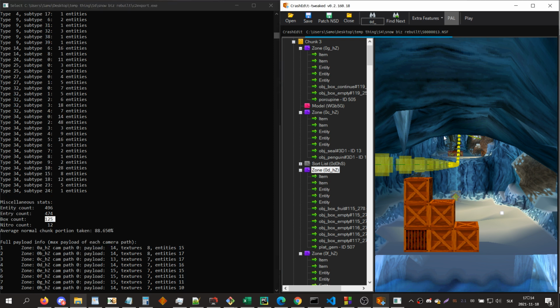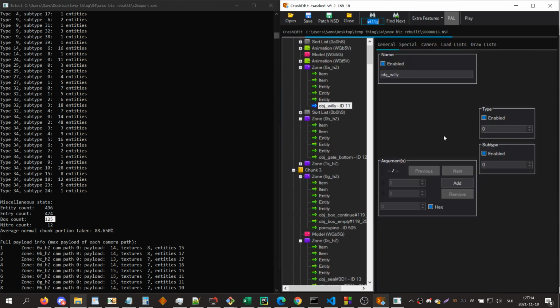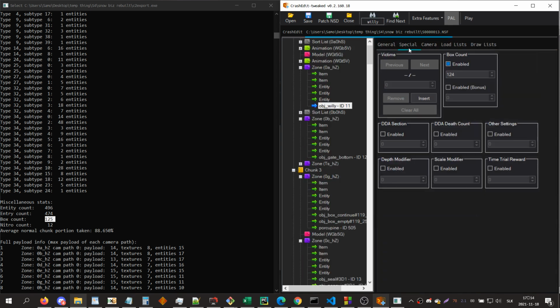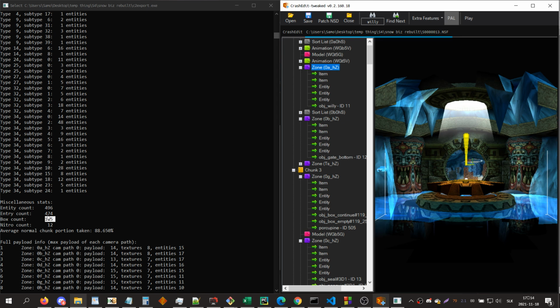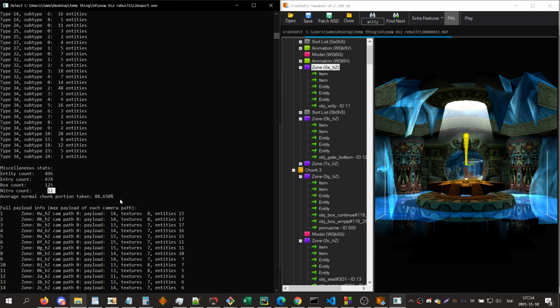Does this level have 125 crates? It treats one more objects as breakable for some reason. Oh, because we added a nitro. Yeah, we added a nitro, so the real box count is 125, and there's 12 nitros,